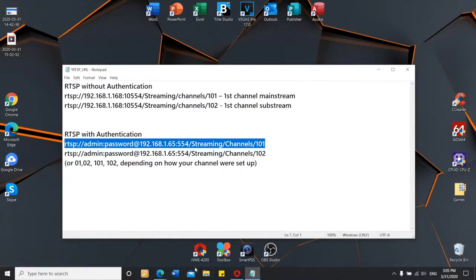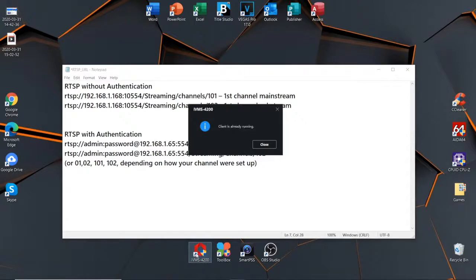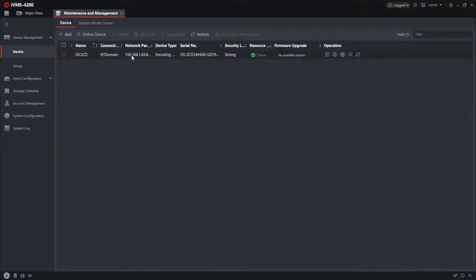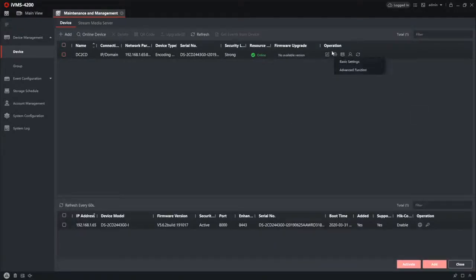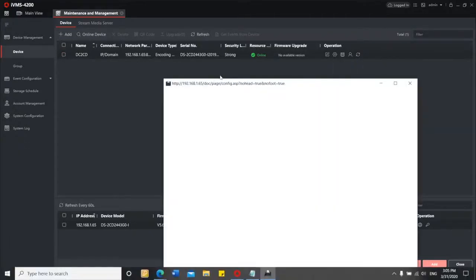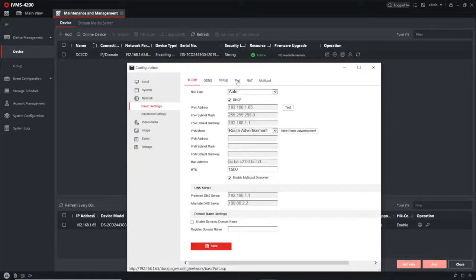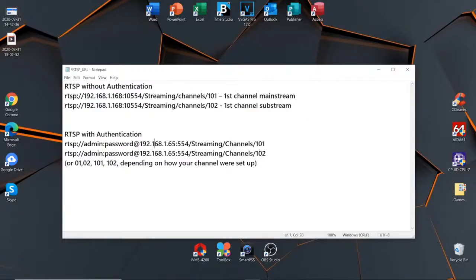And the question is where to find this information for your camera. So I'll tell you. You go into iVMS-4200, which is already running for me. Here's the camera you've got, and here's the IP address, of course. To see the RTSP stream port, let's go to the settings, then network and port, and locate the RTSP stream port, which is 554 for me. Copy it and then you've got it. Paste it,